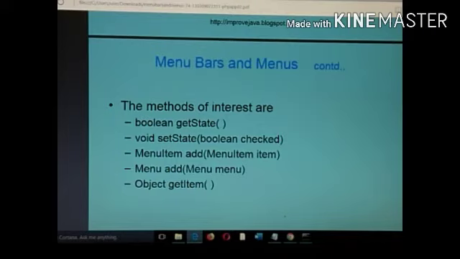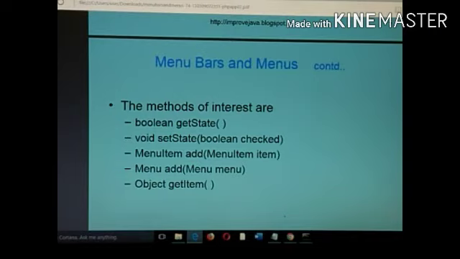So action listener or item listener interfaces will be handling events created by the menu. We can have events created by the menu. These events are like set action command. Action events may be like this, set action command. So you can have different commands given to that menu item.